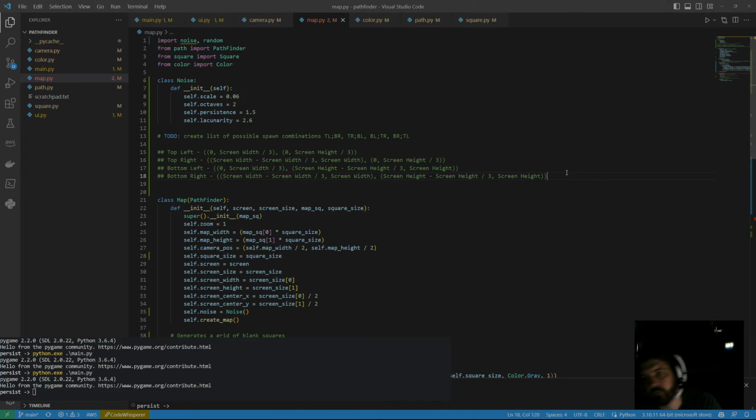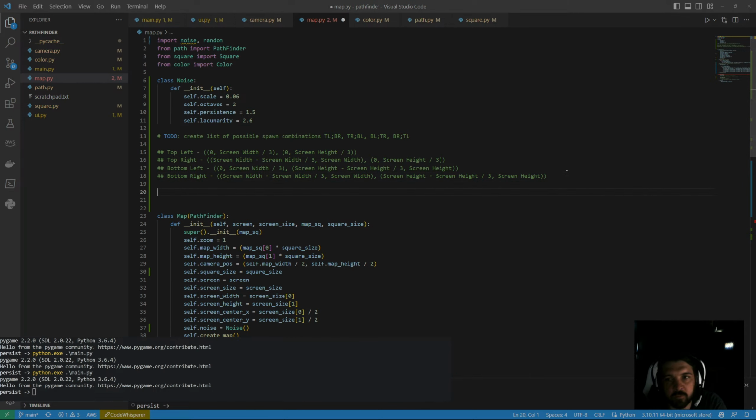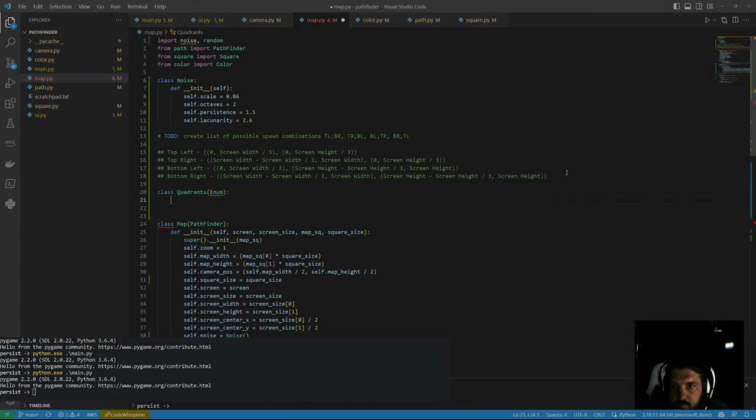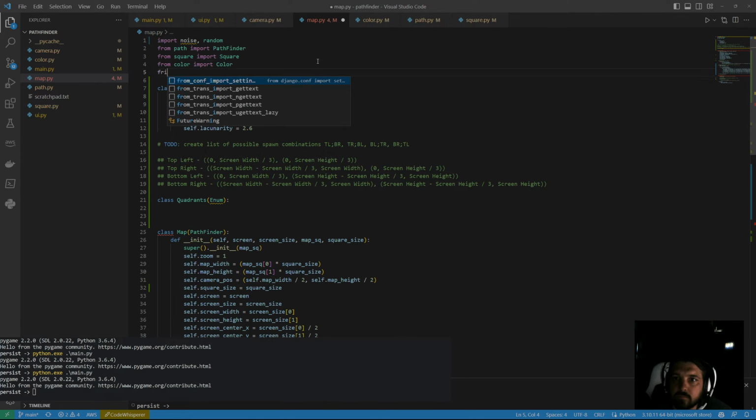And really, I don't care for Python enumerations because they're not real enums necessarily, because you can use an enum that contains actual values, and in that case it's not an actual enum in my opinion. But they can be useful. So we could say a class Quadrant is an enum. And then we could say